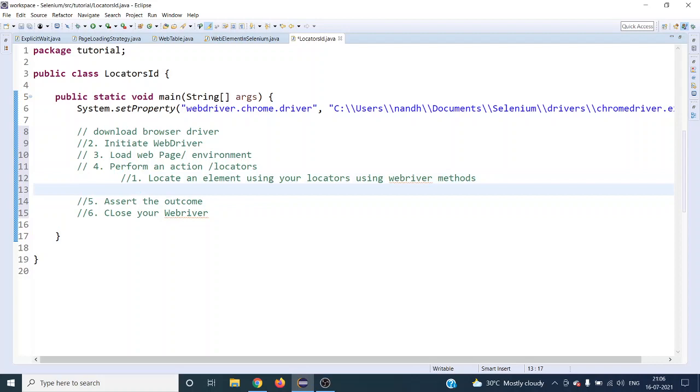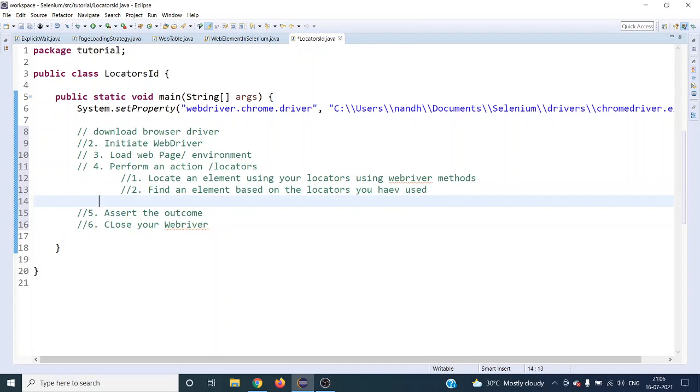So the second one will be find an element based on the locators you have used. So then you have to perform the action.